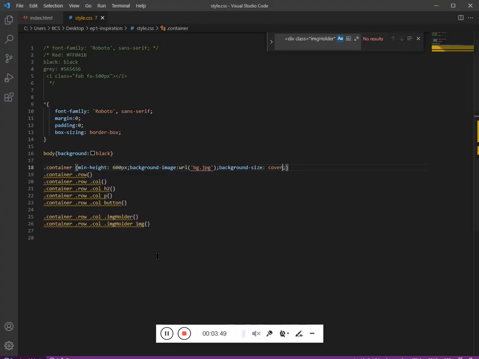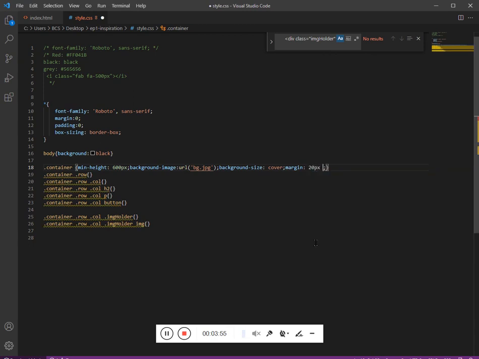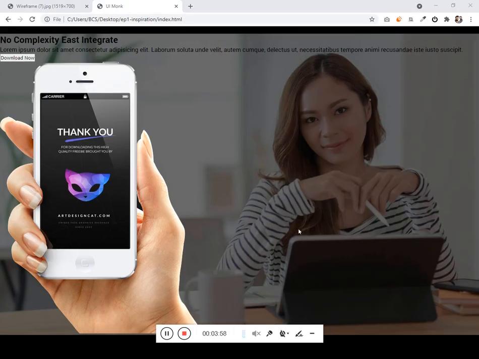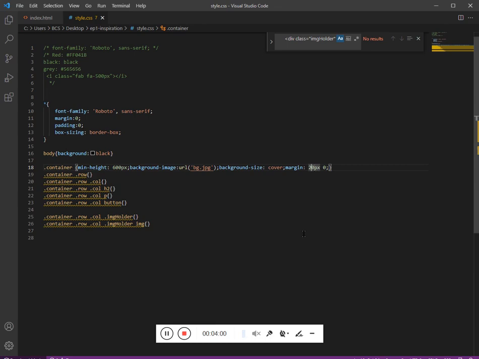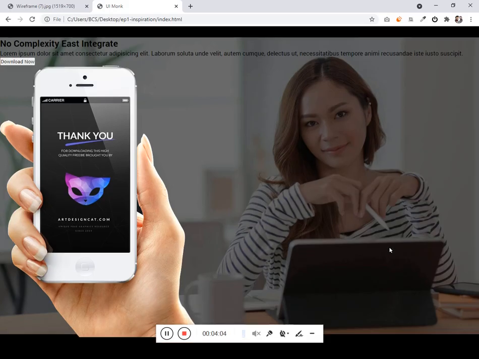Cool. Now I need the margin top and bottom 20 pixel, left and right 0. Let me make this 50, 30. Cool.